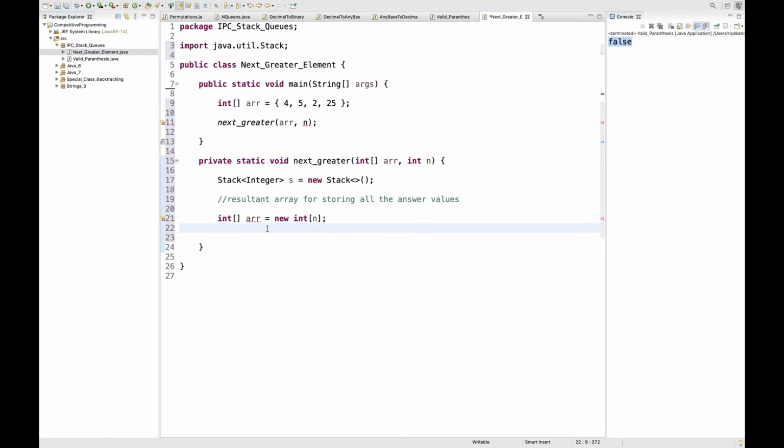Let's name it with a different value, right? Or ARR 1. Now I simply iterate the array.